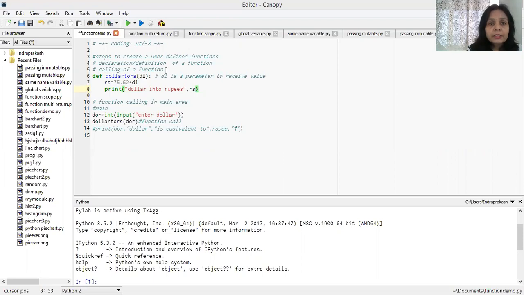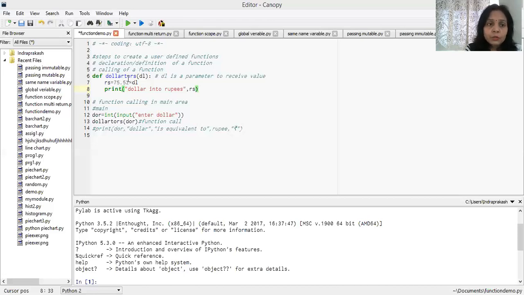So how can we create the user defined function? I am explaining from the sixth statement. I am starting to create your small Python user defined function over here. First of all, I would like to explain that to create the Python user defined function, we need to use a keyword that is known as the def keyword. After the def keyword, you have to give a single space, and after that you have to decide the name of your Python user defined function.